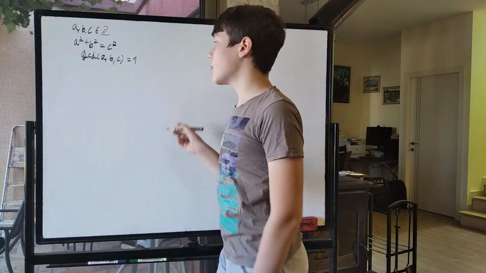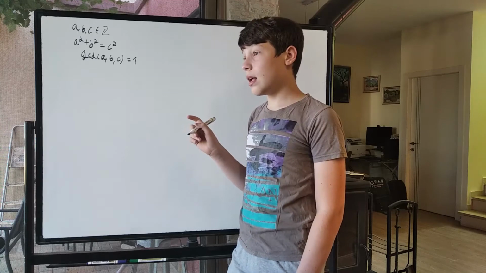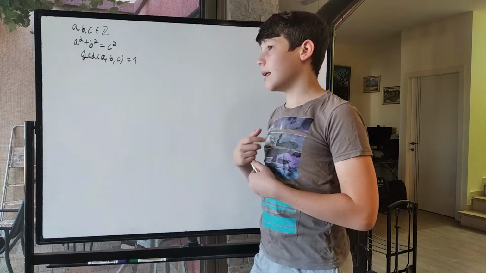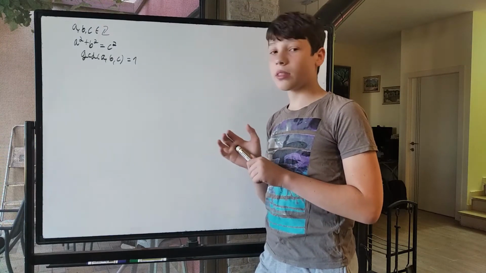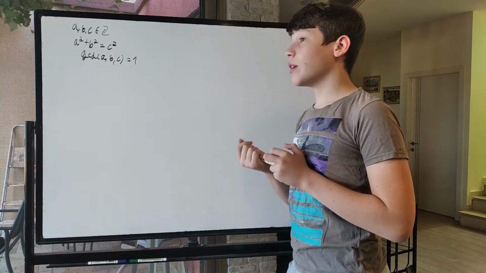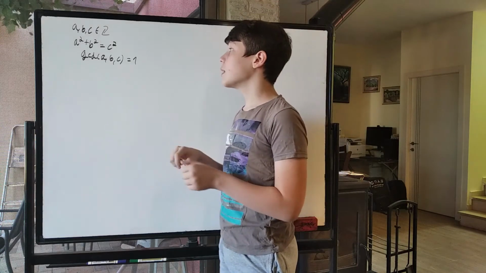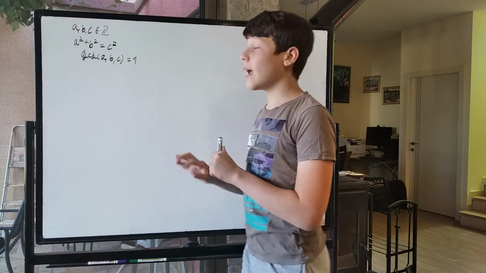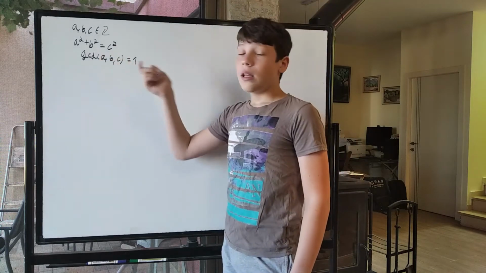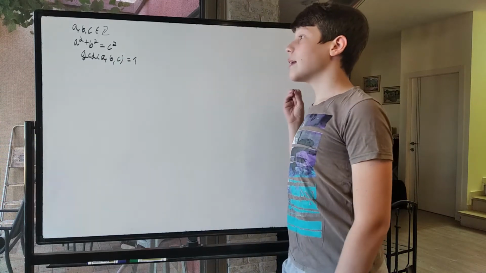of A, B, and C is 1. That's the GCD. And we want to find a formula that when we plug in any whole numbers, we will get a primitive Pythagorean triple, and we'll also get every primitive Pythagorean triple. So we'll start from just the complete generalized, only the exact definition of a primitive Pythagorean triple, and we'll work out that